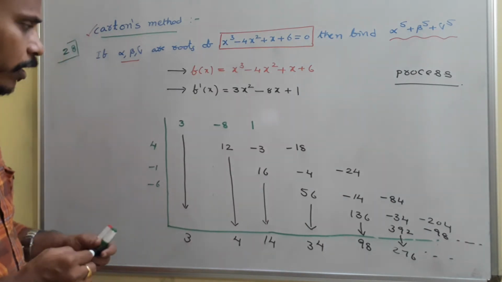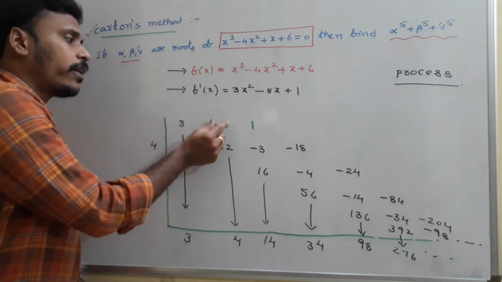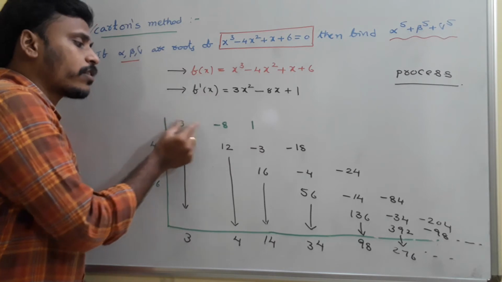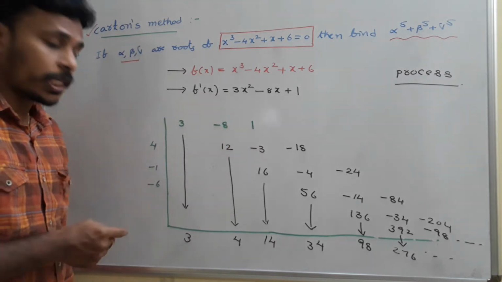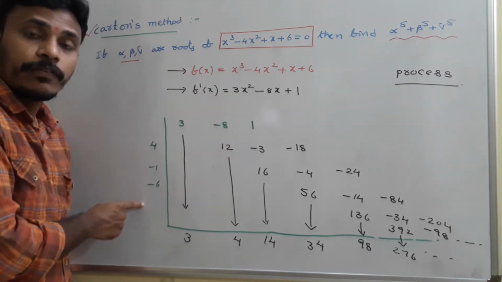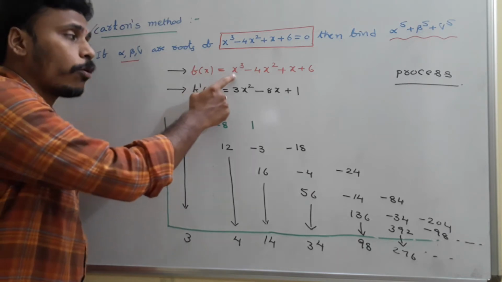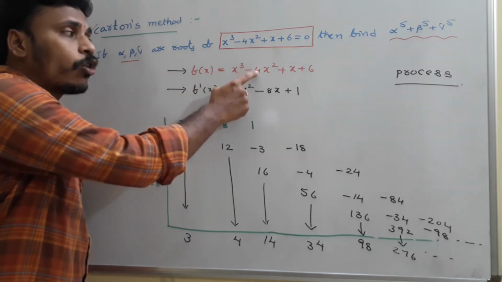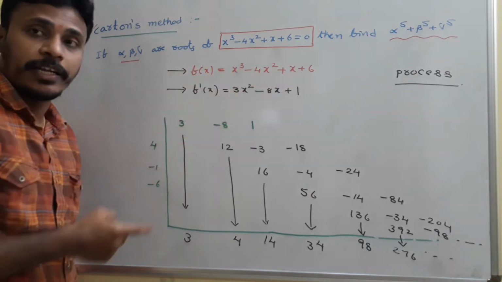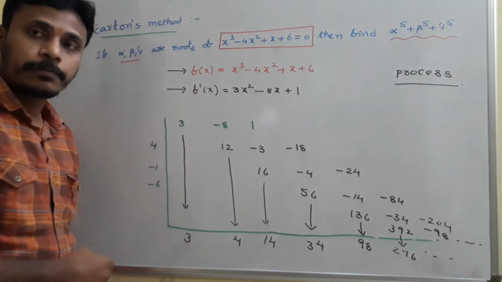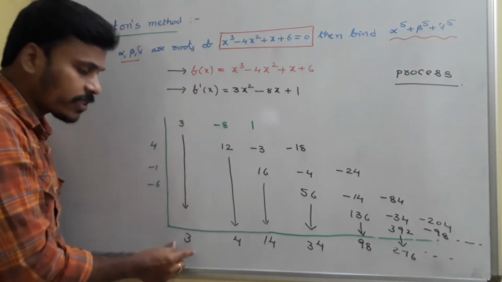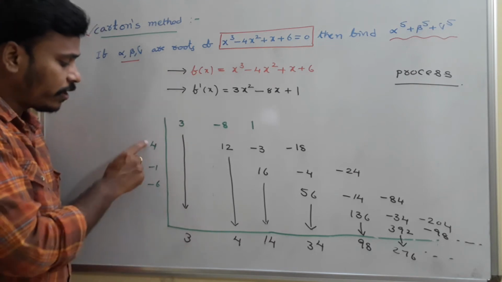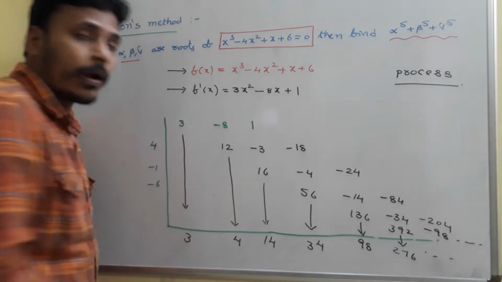Once again, I explain for you. First of all, just locate the coefficients of f dash of x here, and then you just write these three numbers which are taken from the given polynomial, where the coefficients of the other terms except the leading one with a sign change. Now, column wise add, multiply these three with these three numbers and write row wise.